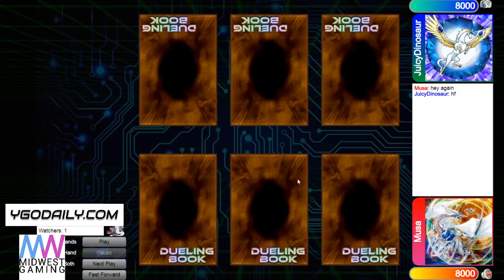Hello guys, the DB Grinder here, back at it again with another video, and this time we got Musa with 766 rating versus Juicy Dinosaur, like the name, with 994 rating, so it's going to be another high rated DB